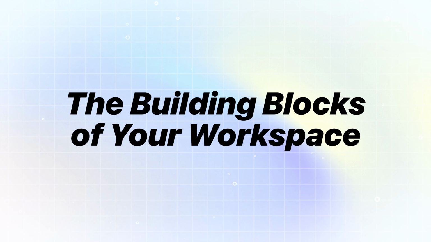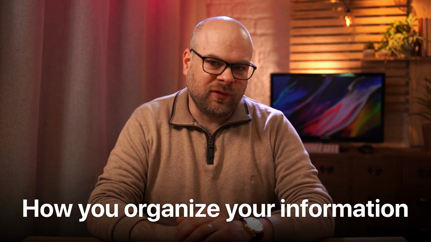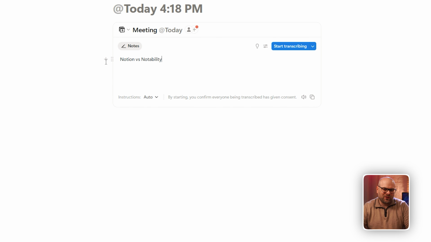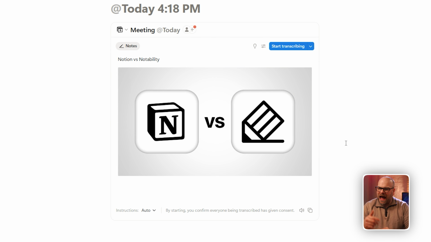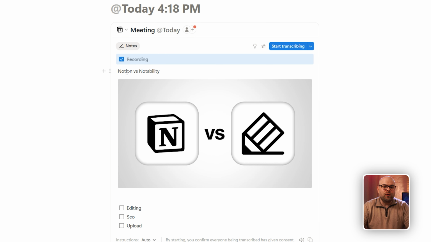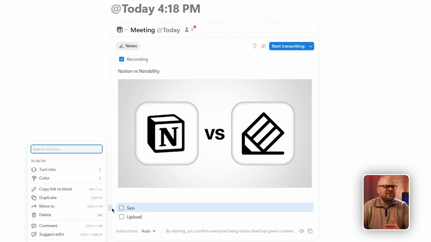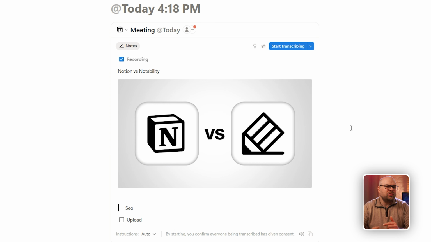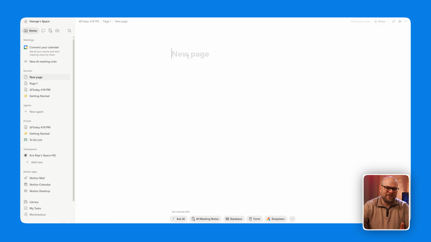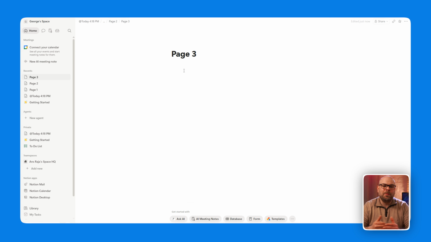The building blocks of your workspace. Notion and Notability both handle how you organize your information, but they use very different building styles to do it. As of today, Notion is essentially a giant box of digital Lego blocks. Every time you type a sentence, add a picture, or create a list, you're creating a block that you can move, delete, or turn into something else. This makes Notion incredibly flexible for people who like to build complex systems. You can create a page, then put another page inside it, and keep going forever. This is why many teams use it to build a company brain, where all their documents and tasks live in